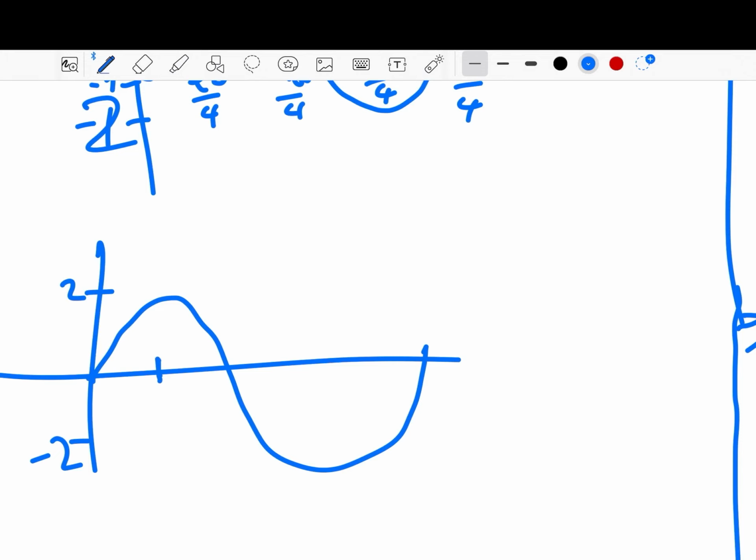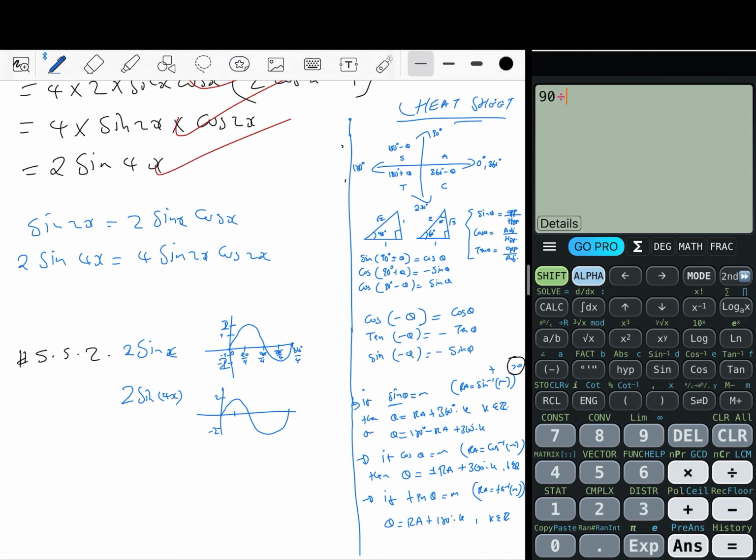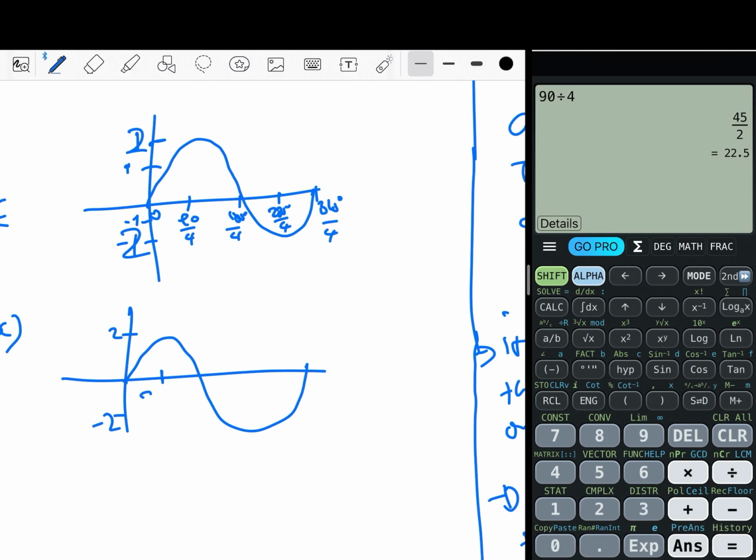If you take your calculator, 90 over 4, that is 22.5 degrees. 180 over 4, that is 45 degrees. 270 over 4, that is 67.5 degrees. 360 over 4, that is 90 degrees. Okay,